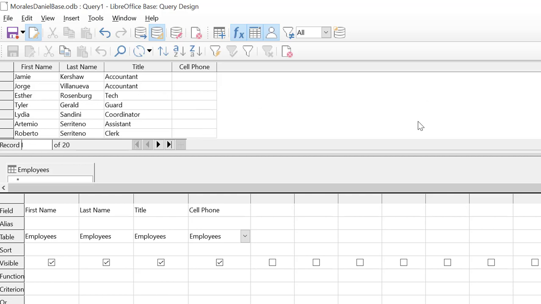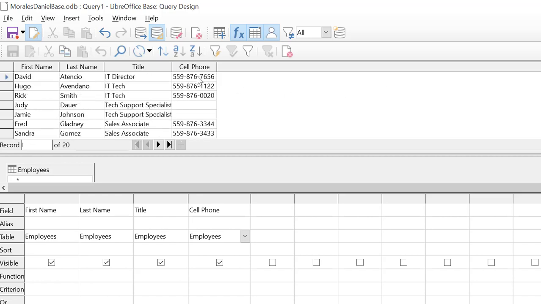So I don't want that. I want to eliminate all those blanks, and I just want to see those employees that have the cell phone number. Okay, I don't want to see certain employees there. So here's what I have to do in order to filter all those blanks, all those records that don't have a cell phone out. Okay, so I'm going to go here to